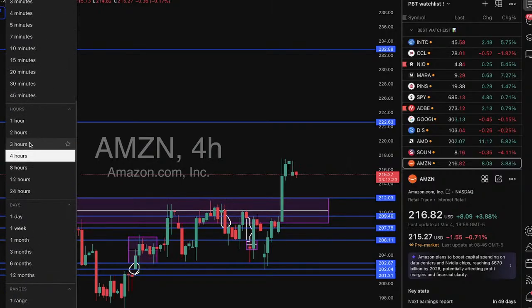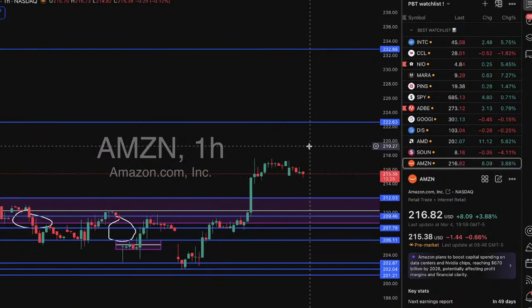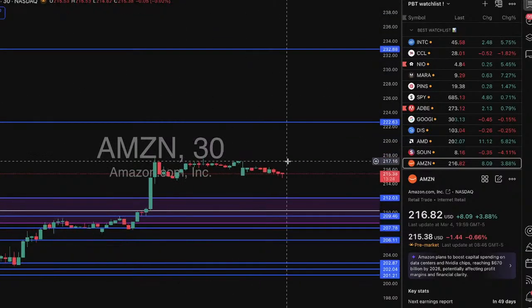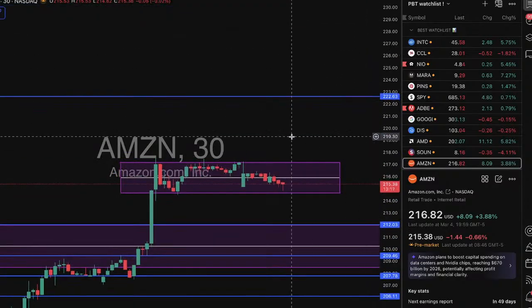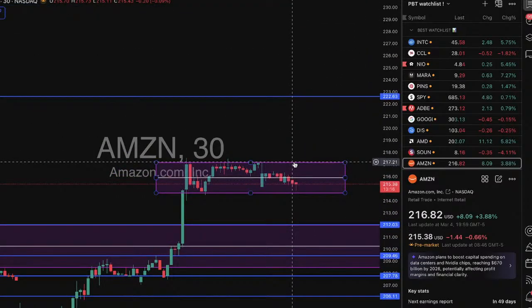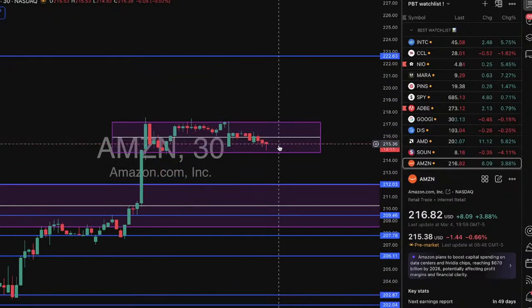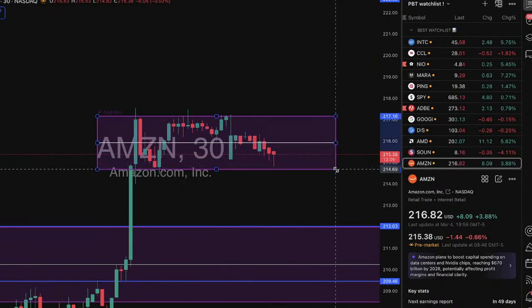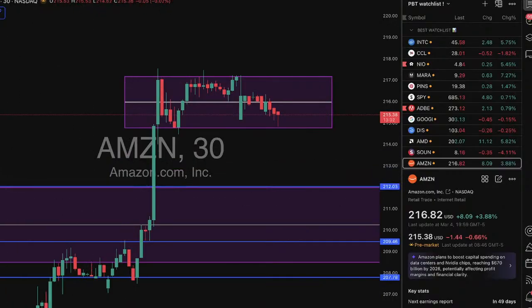Now I still want to see the empty space, but I feel like we got a little bit of consolidation now. Hold on, let me see here. So yeah, now we got a nice top and bottom box here, and hopefully we get outside of that 217.21 and then get that continuation up. I will say that if we end up dropping,